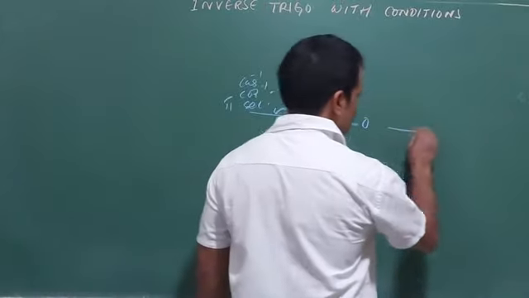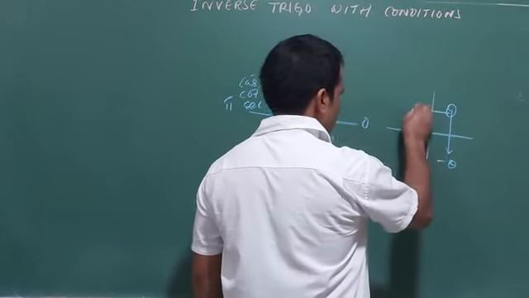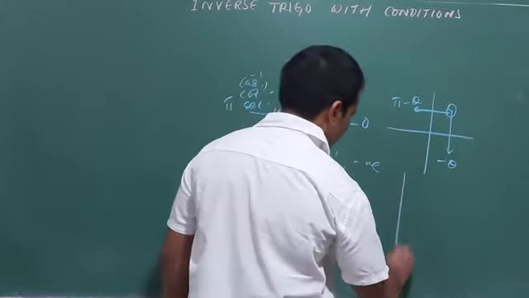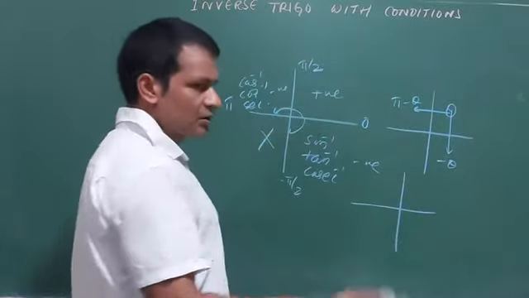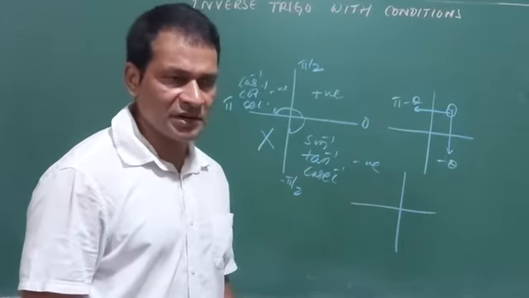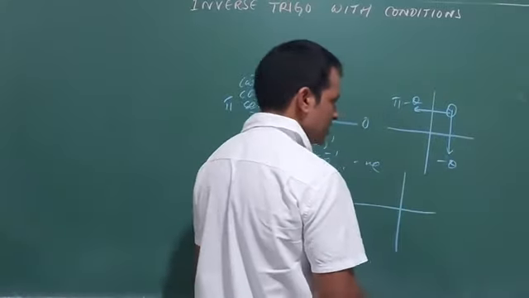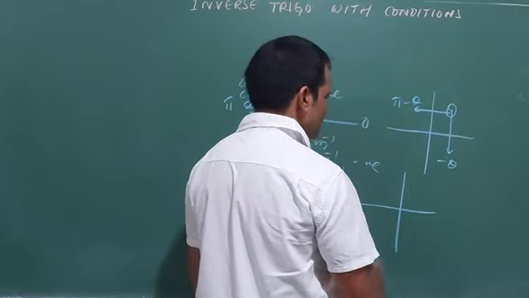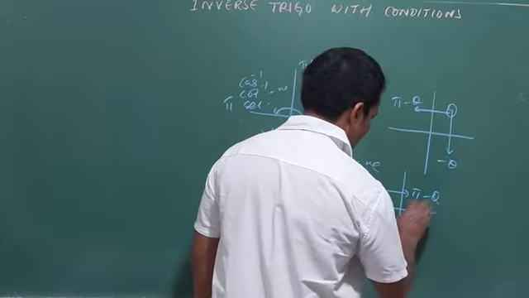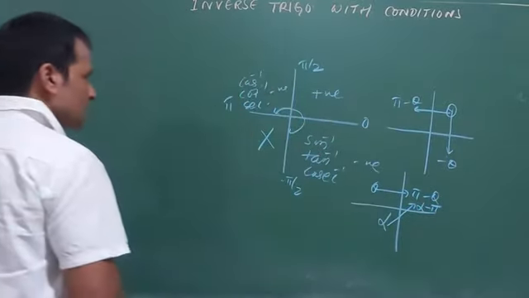Then what we studied? If I am studying in the first quadrant, if I want to come to this quadrant, minus theta. If I want to go there, pi minus theta. Alright. Normal trigo, I can take any rotations, clockwise, anti-clockwise, circular trigonometry functions. I used to call them normal trigonometry. This is inverse trigonometry. Suppose if I am standing here, if I want to go there, this is pi minus theta, alpha here, alpha minus pi. Remember this. Okay? So let's start the questions now.